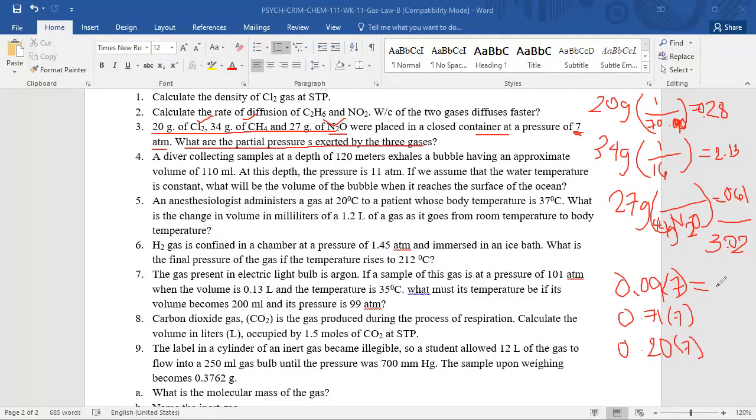So, that would be 7 times 0.09, so 0.63. 0.71 times 7, 4.97. So 0.2 times 7 is 1.4. Ayan. So yan yung ating mga values for the partial pressures of each of the components ng